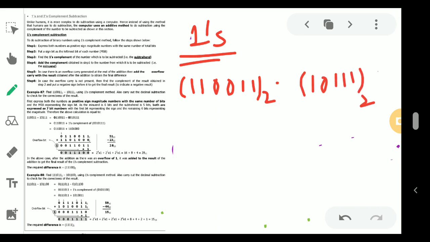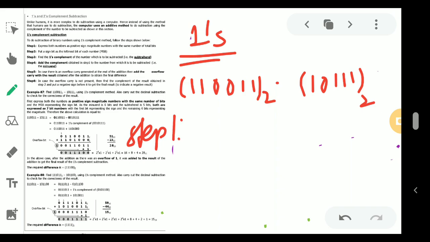As you can see, if you check the number of bits, 1 2 3 4 5 6 here and here 1 2 3 4 5. So there are 5 bits here and 6 there. The first step says that you have to make the numbers positive and equalize the number of bits. So what do you have to do? In case of step 1,